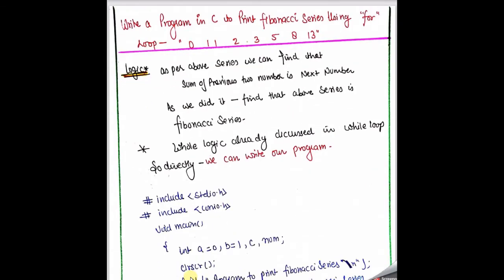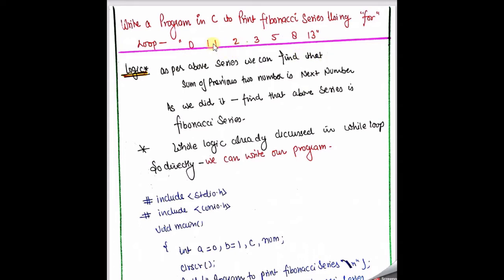Now the second program: I am going to write a program in C to print the Fibonacci series using the for loop. I also discussed the methodology behind the Fibonacci series, how it works, and the concept of the Fibonacci series, how we get the next value with the help of the previous two values. Here 0 and 1 are the initialization, then we get the third value with the help of 0 plus 1, then the fourth value with the help of the second plus third value, and the fifth value is the addition of the third and fourth value, and so on.